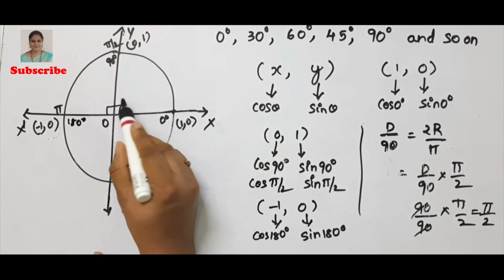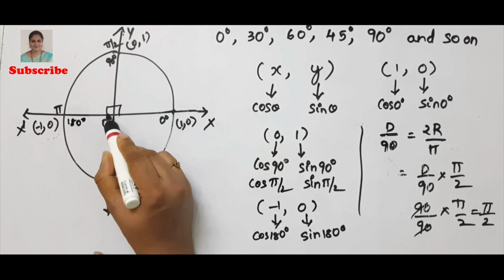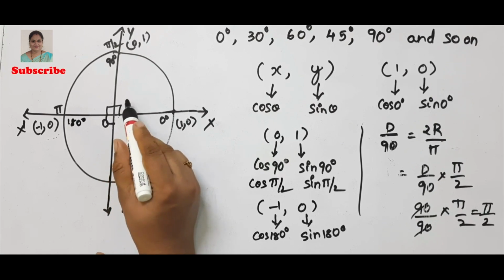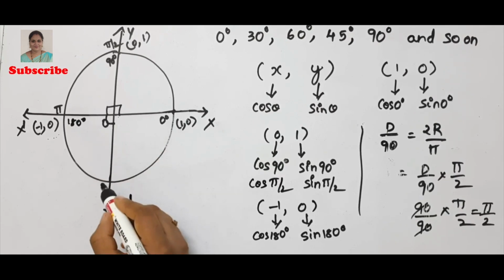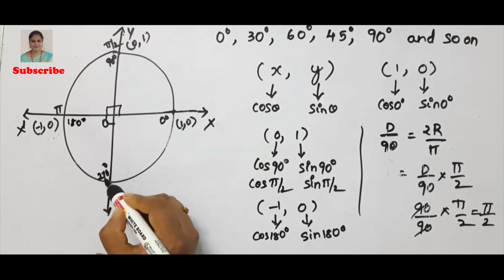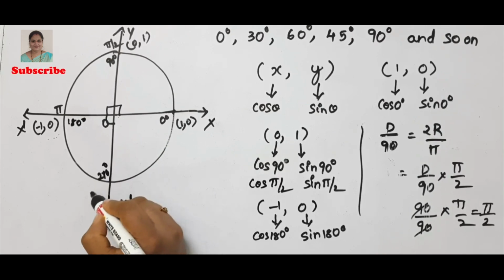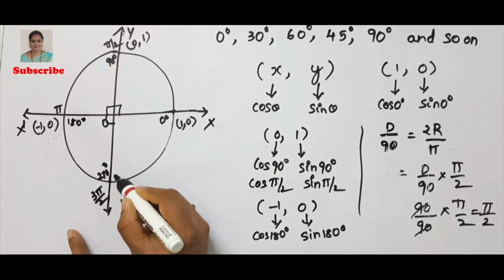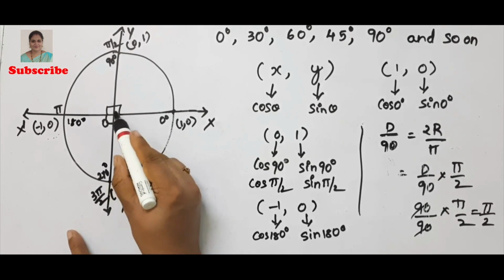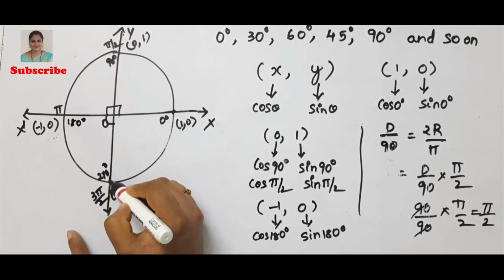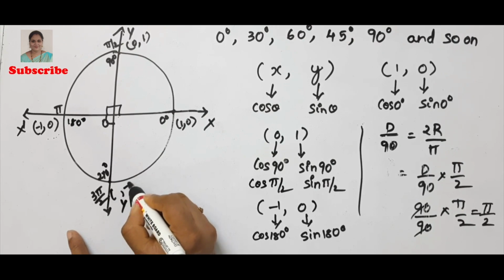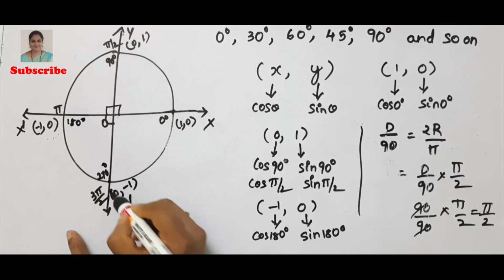Now, this is 90 plus 90, 180. If we come to here, if you think the terminal ray is here, then it is 270. Is it not? 90 plus 90, it is 180. 180 plus 90, it is 270 degrees. 270 degrees in pi, we can write as 3 pi by 2. Now let us see what will be the value here. Here, the point of intersection will be from here to here, it is 1 and it is negative of y. Is it not? So it will be -1 and the x value will be 0.